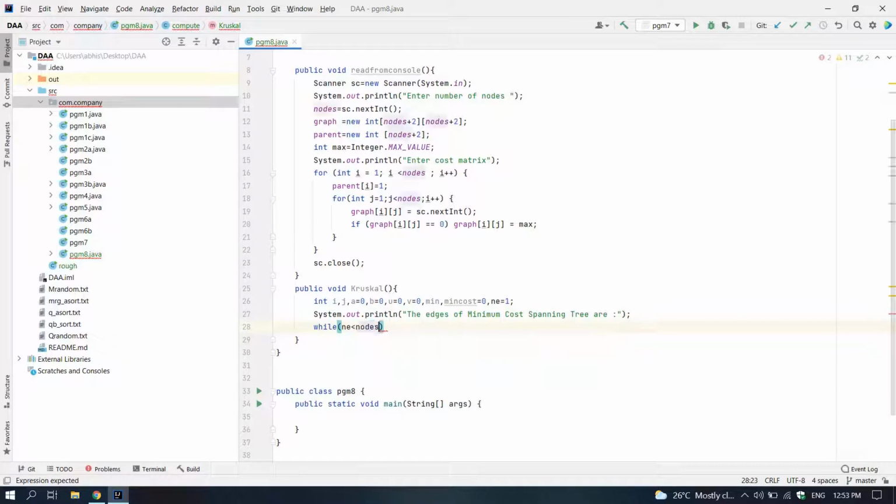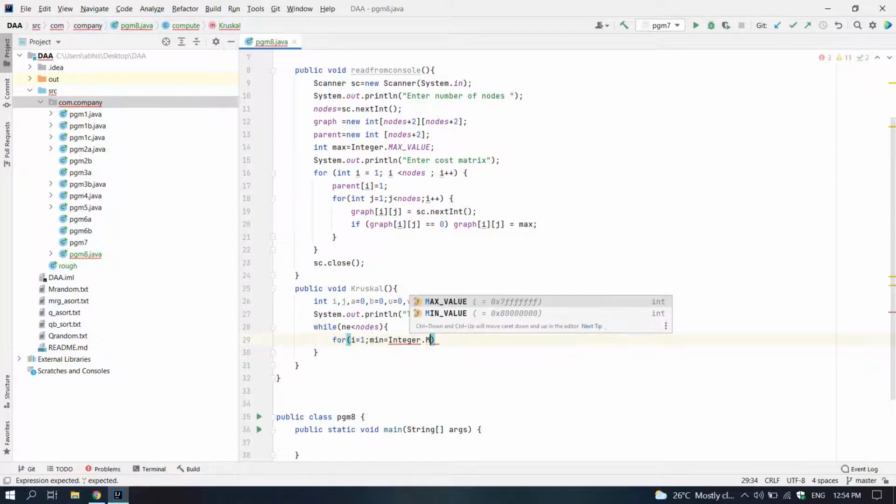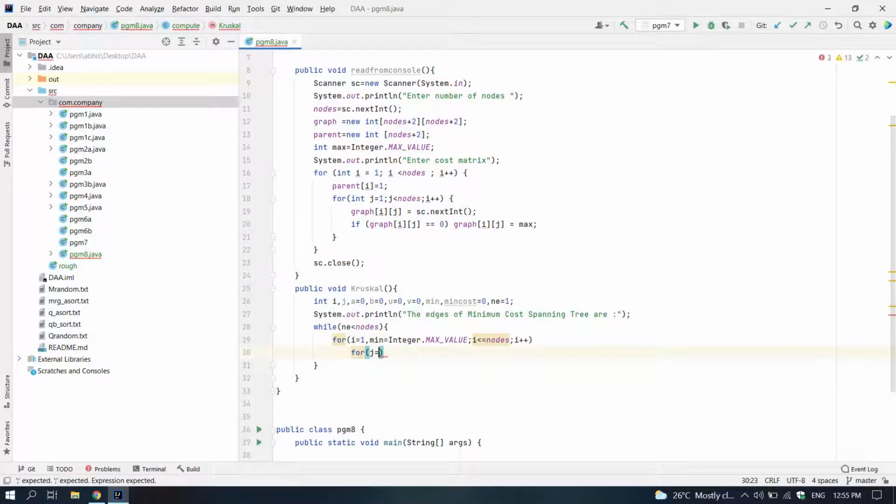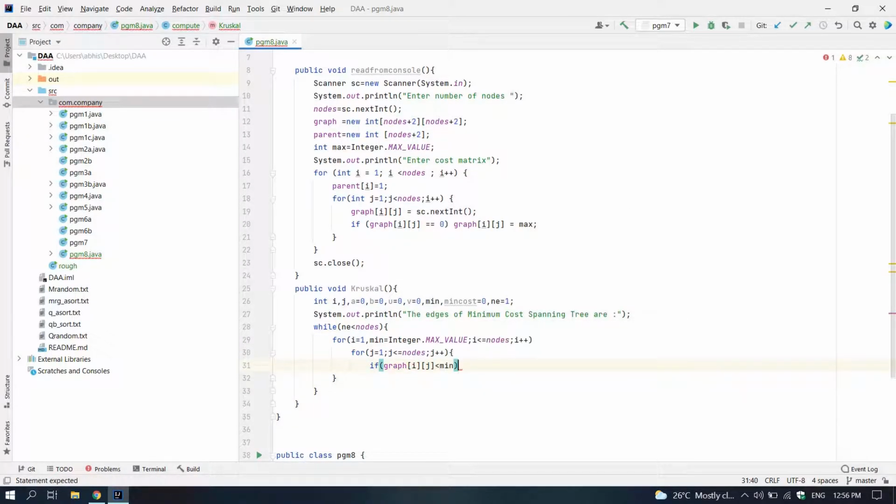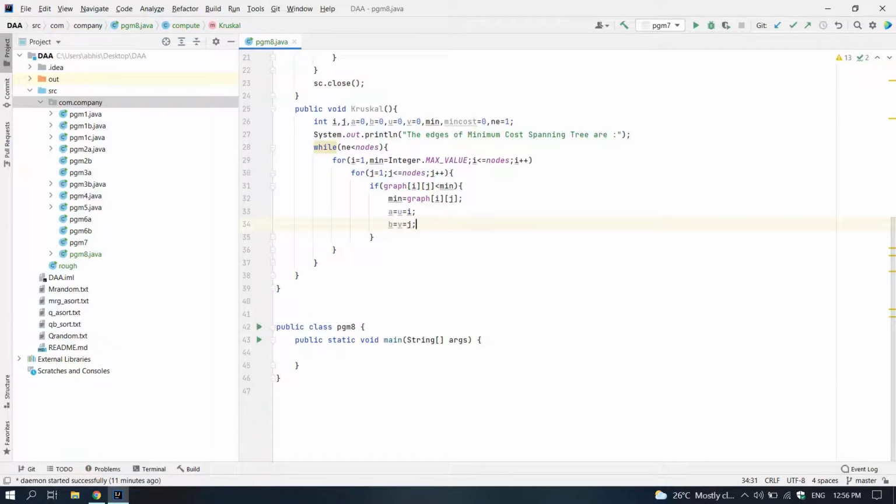Both for loops will go from one to nodes, and we will check if the position i comma j in the graph is less than min, then we will put min as the value at that index of the graph, and we will put a is equal to u is equal to i and b is equal to v is equal to j.